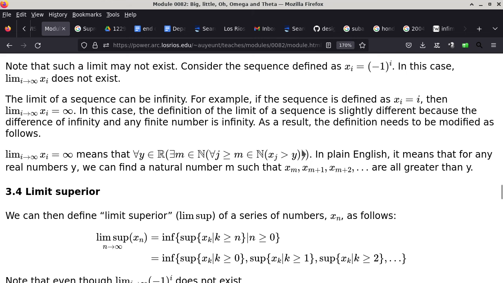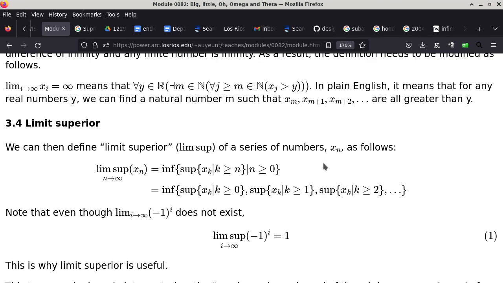Because there are certain times we have to deal with the value of quote unquote infinity, and this relates to that. So now we define what is limit superior. In other words, we're just spending a lot of time to define the terms because we need to really understand what it means when we say the big O of something, okay? And this is giving us the vocabulary to express what is big O, what is big omega, and also what is big theta. So limit superior, or lim sup, is a series of numbers,